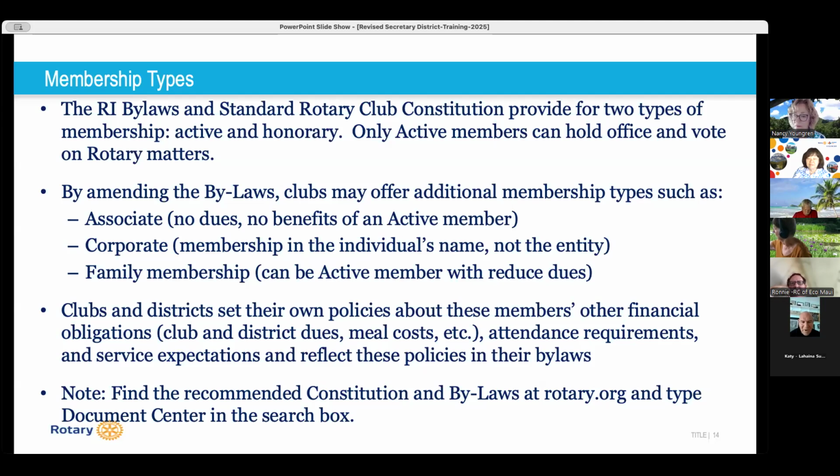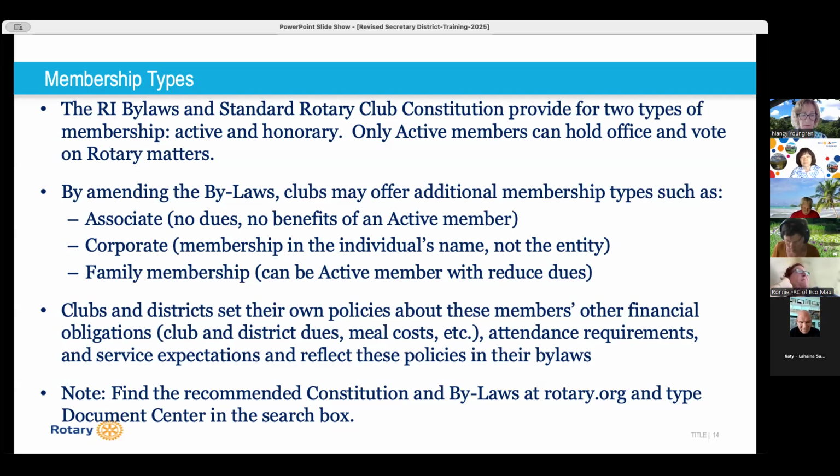Yeah, awesome. Thanks. Sure. Plus, if they're honorary, they don't get to vote or anything. Is that correct? That's correct. The honorary category does not get to vote or hold office. Okay, thanks, guys.